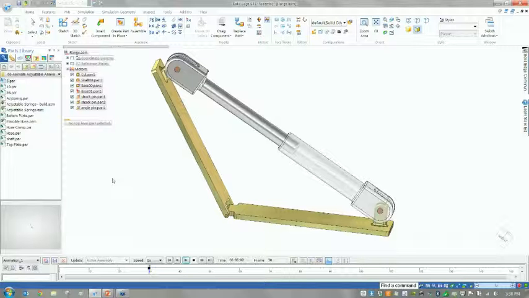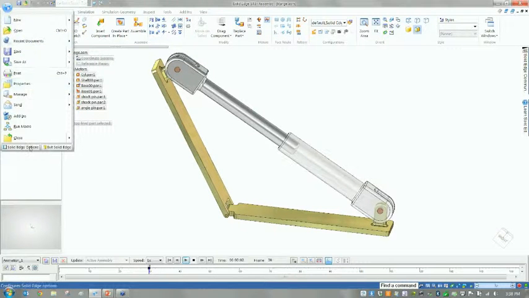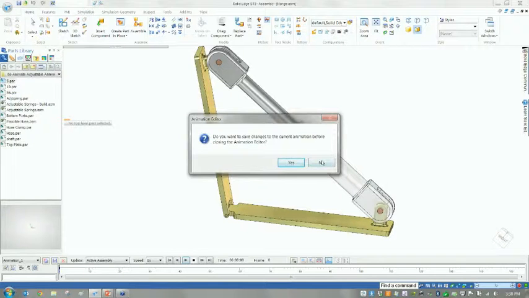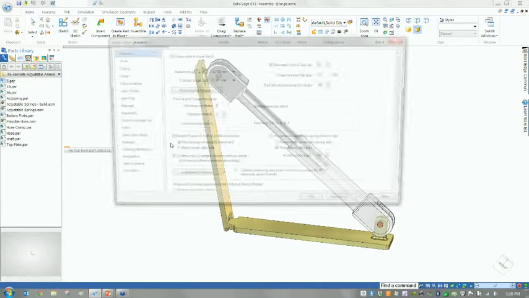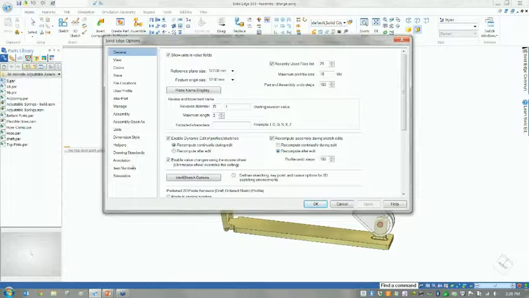Okay, a couple things. How can you stop a backup file by going to your Solid Edge options? Let's just get out of the animation. It's kind of a two-part question that you asked. I think it's actually a very good question. So let me go to my